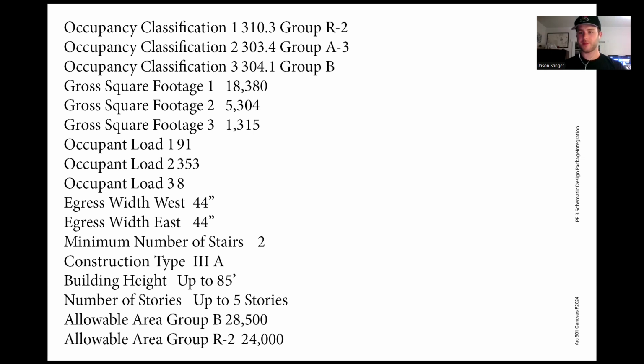I chose the construction type 3A for my building, and from that, I was able to determine that my building is able to be up to 85 feet. It's currently at 60 feet. It's able to be up to 5 stories, and it is 5 stories. And the allowable area for Group B is 28,500 square feet, and the allowable area for Group R2 is 24,000 square feet. And I don't meet either of those, so I'm meeting every requirement that I need to for fire